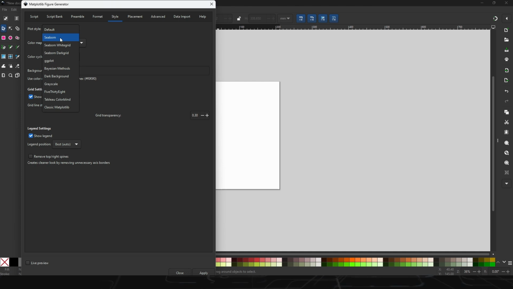Most of the time we import seaborn or ggplot, also quite common. For color map, you can have this, and you can have a set of colors like this, a cycle. You can choose the background color that you have inside your plots, and have grids. You can have the alpha transparency, basically that's the argument. So the grid is not